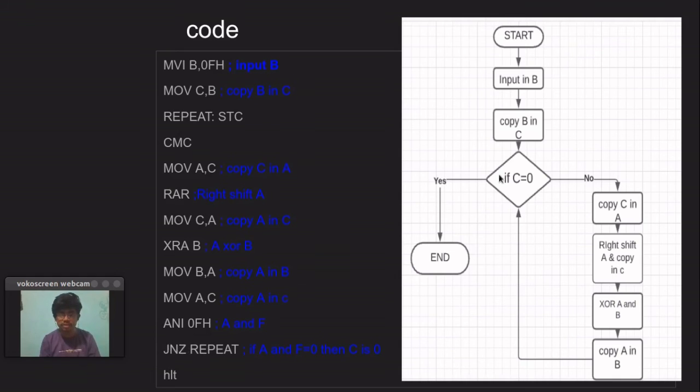That means C has become 0 and we have reached the end. If it is not 0, then we again shift the number and get the XOR with the resultant number stored in B, and continuing this we get the binary number of a gray code.